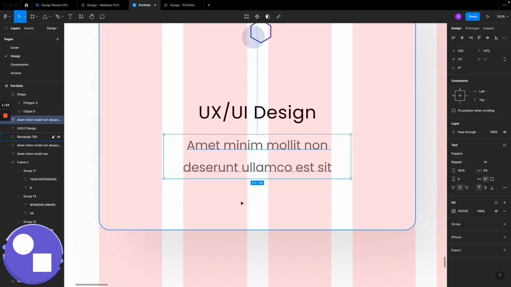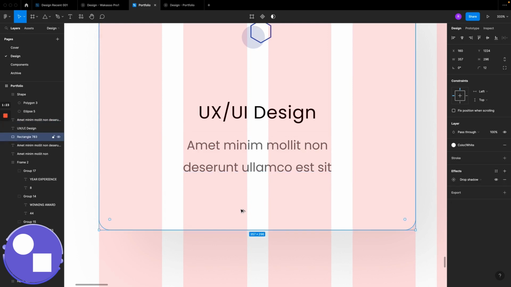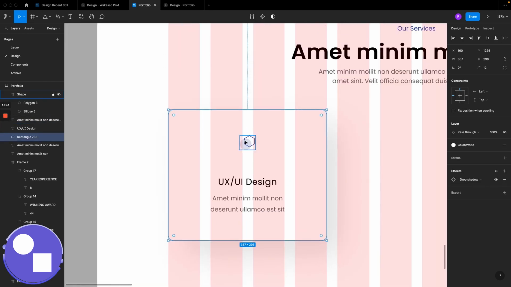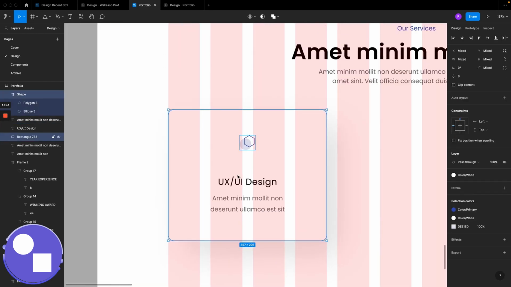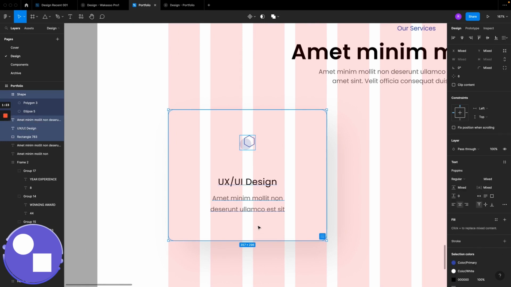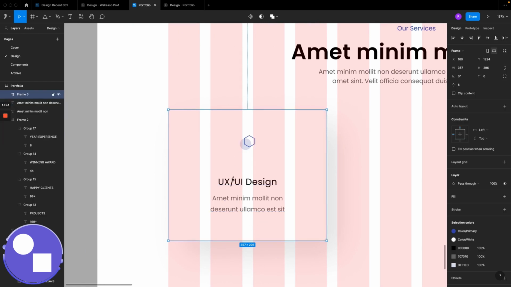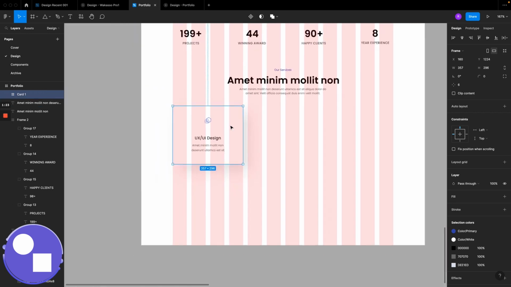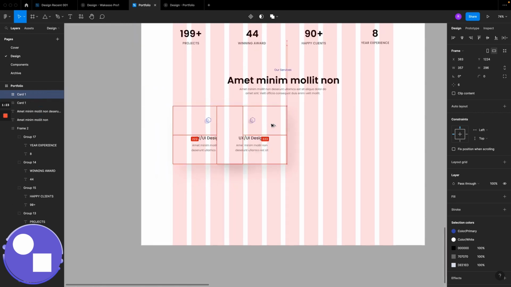One, two, three. Alright, now we have it. Then now I'm going to select all of them and frame them in the same thing. As you can see, we can call it cards. Okay, so now what's left, we just need to